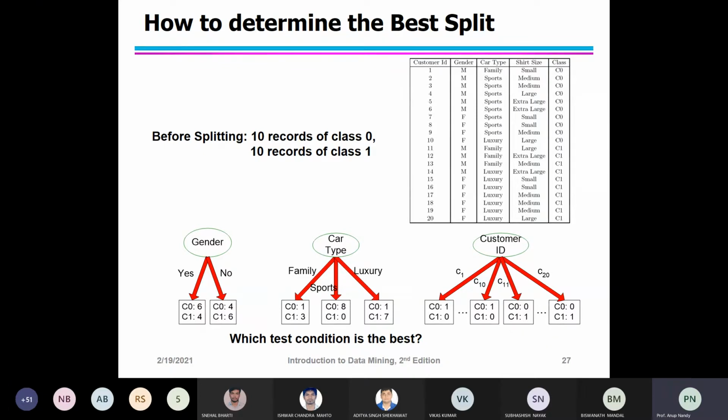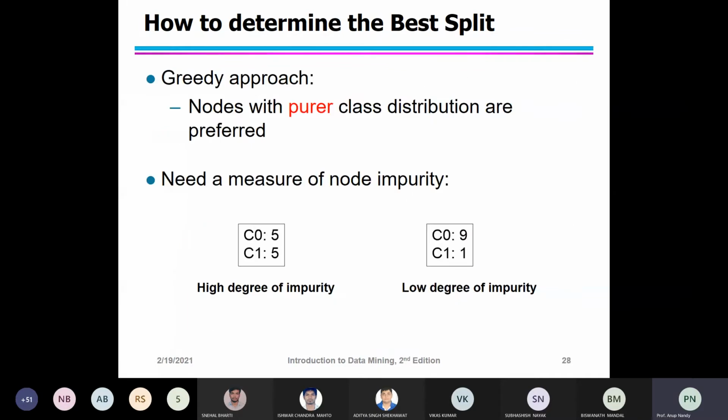So now the measures here, that is the measures developed for selecting the best split. Now you have to choose which attribute is going to give the best split. I mean, there is a goodness of splitting criteria. The best split is often based on the degree of impurity of the child nodes.